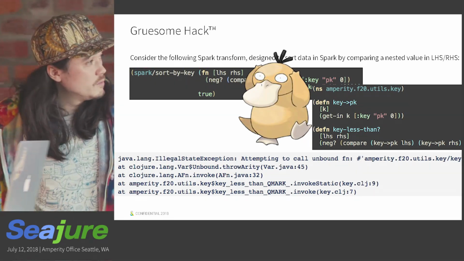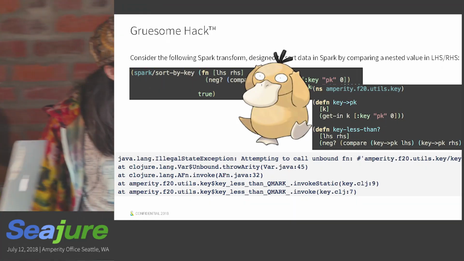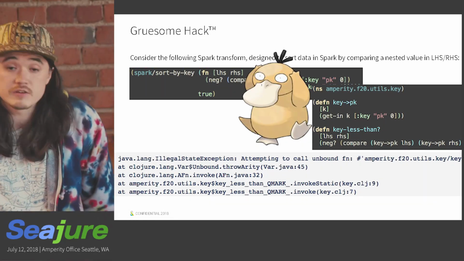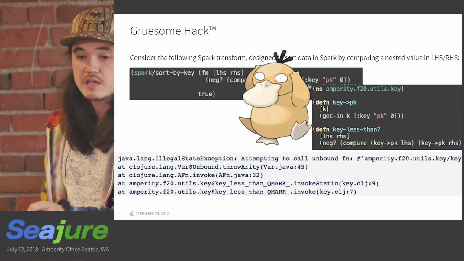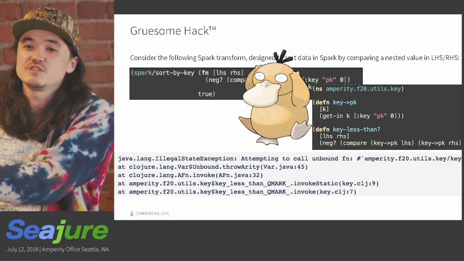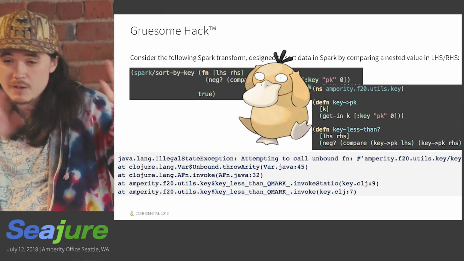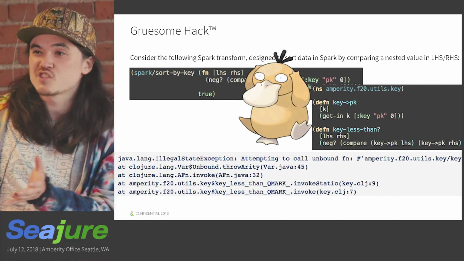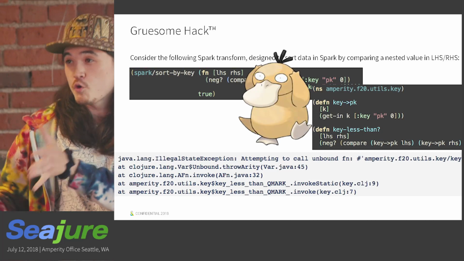This, if you're familiar with Java or you've done some digging in Clojure, actually satisfies the Java comparable interface. And if you look at how the Java version of sort by key is implemented, what it does is immediately pass it right through to the Scala implementation of sort by key, at which point the Java interface comparable is kind of magically converted into what is called a Scala trait, which is kind of Scala's version of interfaces, a Scala ordering.